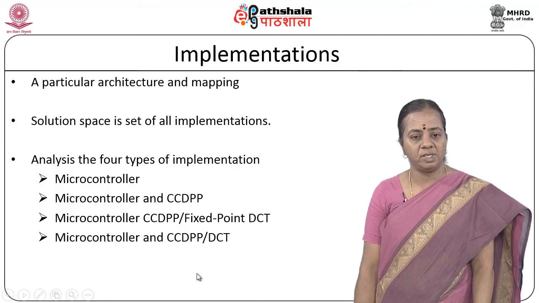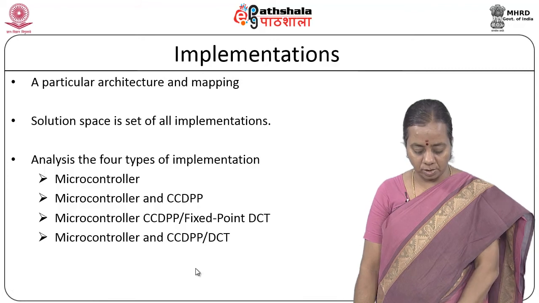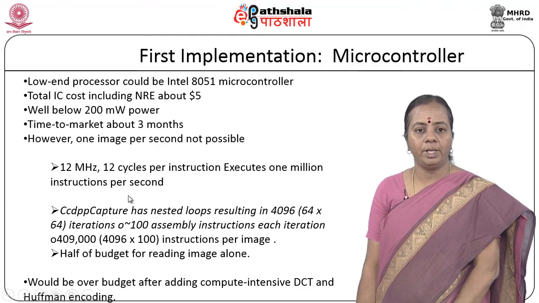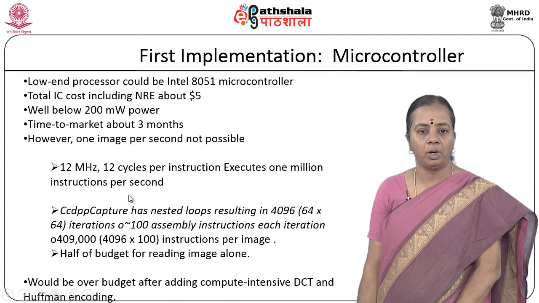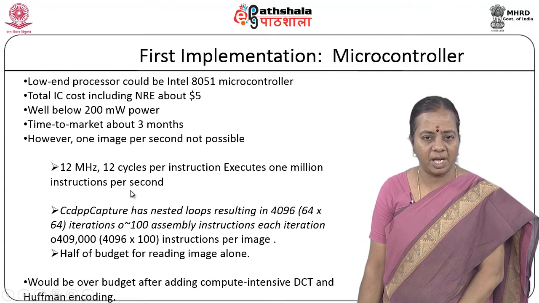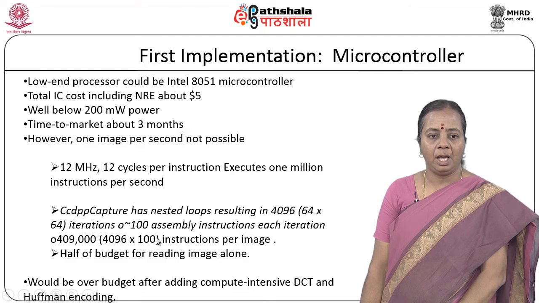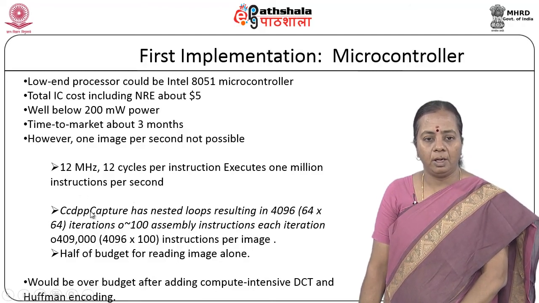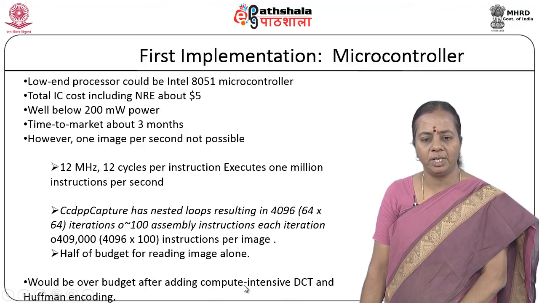Based on that, they have decided what can be chosen for which kind of applications. So, now when you are looking at the 8051 microcontroller, people will say that its cost is very less, but it is 12 megahertz, 12 cycles are taken, and the CCD arrays have been taken. So, the budget is very less, but it has an over budget for adding compute intensive